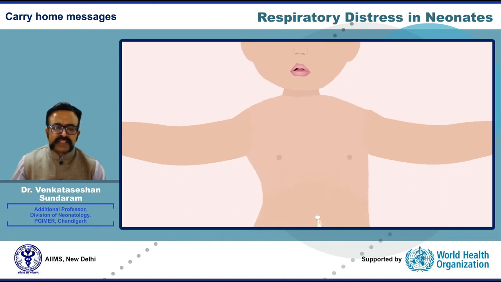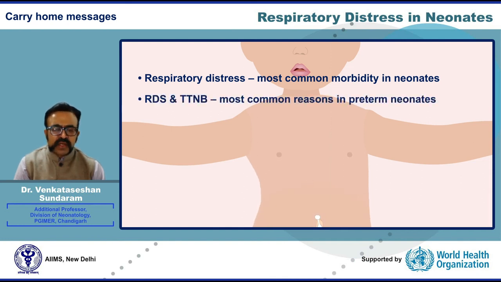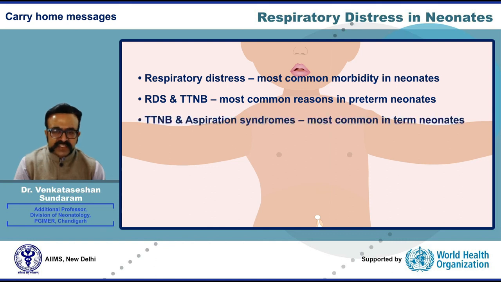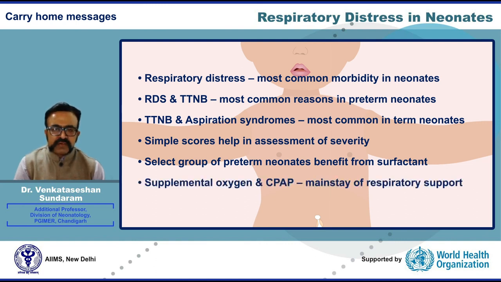So the important carry-home messages are as follows. Respiratory distress is the most common morbidity in neonates. RDS and transient tachypnea of newborn are the most common etiologies for distress in preterm neonates, and transient tachypnea and aspiration syndromes are the most common in term neonates. Simple scores like Silverman score and Downes score help in assessing the severity. Early CPAP is a mainstay of treatment, and a select group of preterm neonates would benefit from surfactant therapy also. Adequate nursing care is crucial for CPAP success, and target saturations to be maintained while giving oxygen to prevent complications